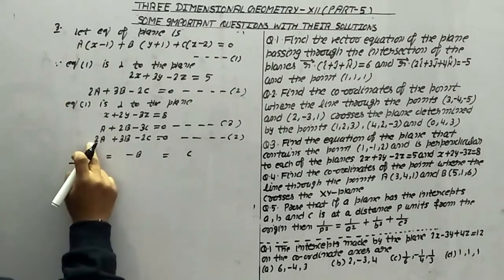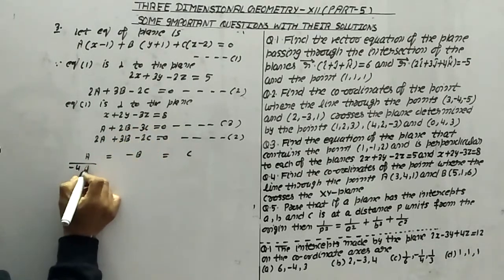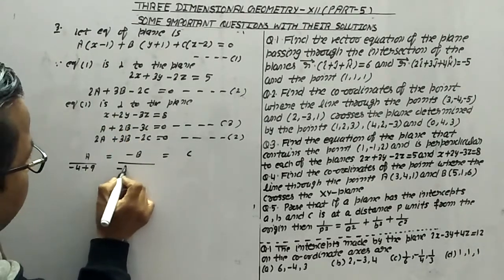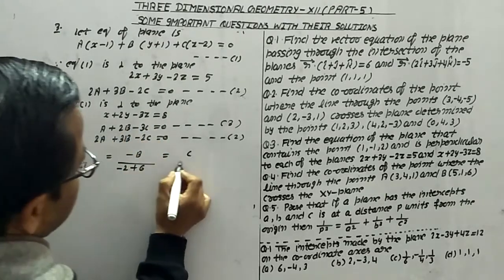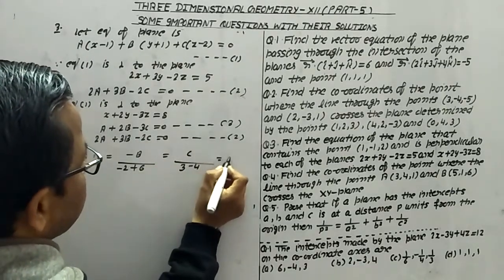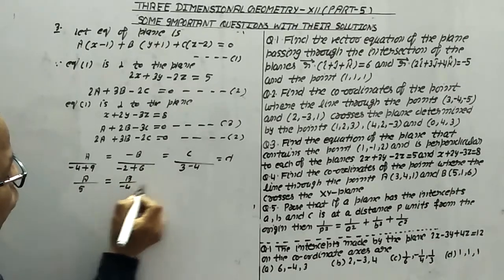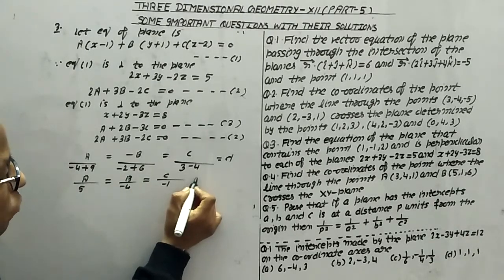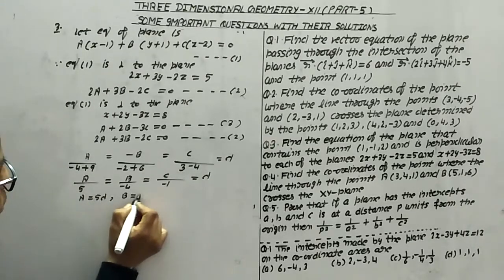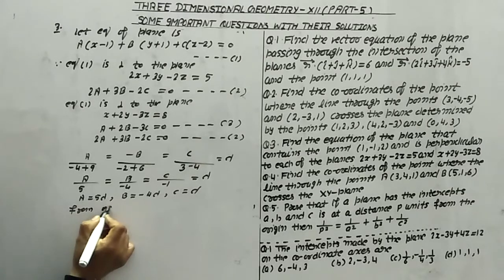Now for a, hide this column of constants, so this becomes -4, and this is -9, it means minus minus plus 9; for b, hide this coordinate, it means this is -2, and this is -6, meaning plus 6; for c, this is 3, and this is -4. Let us suppose this is equal to lambda. It means a upon 5 = b upon -4 = c upon -1 = lambda. It means a = 5 lambda, b = -4 lambda, and c = lambda.